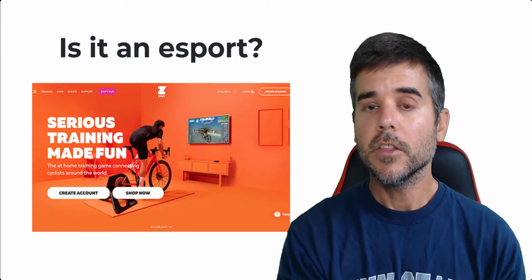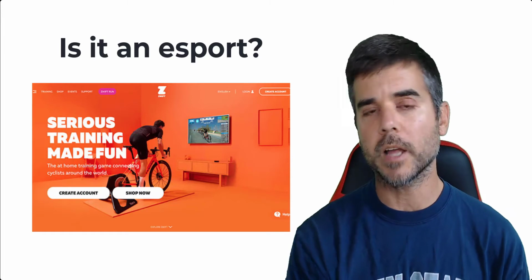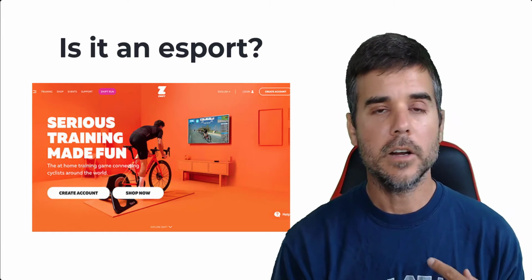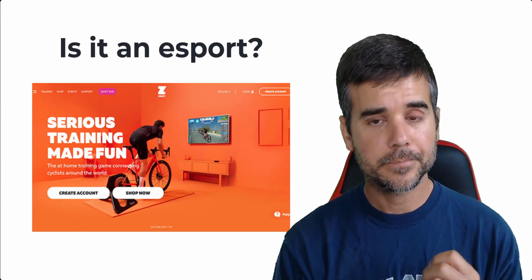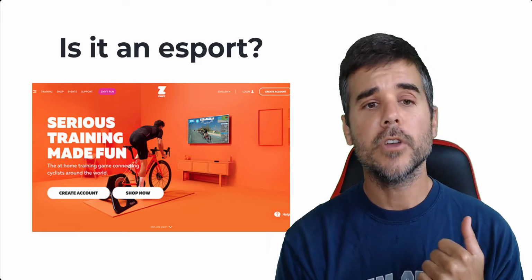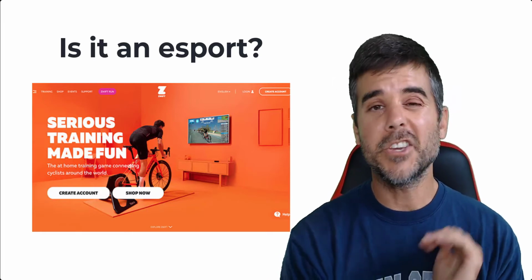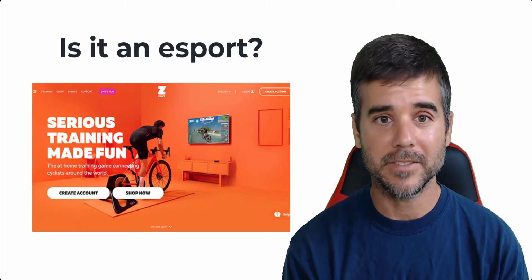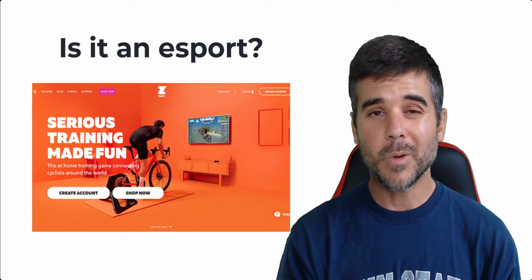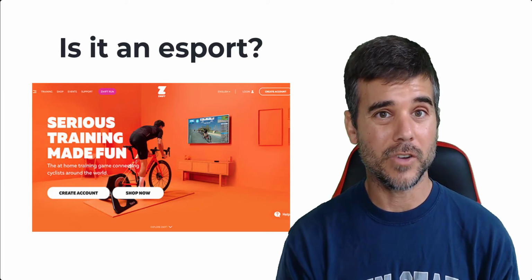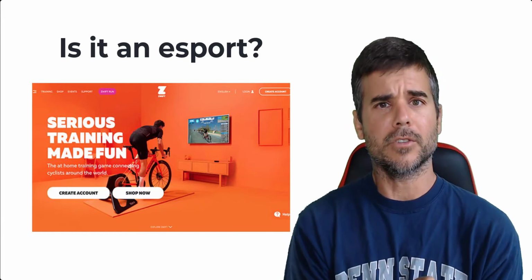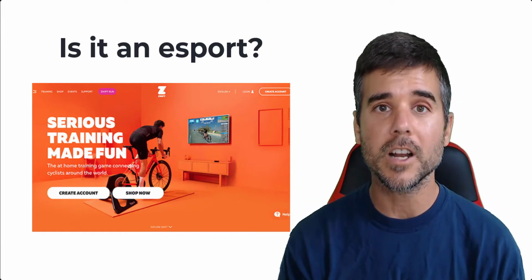Next, we have the PC games like League, Overwatch, Rocket League, Call of Duty, all the big esports games, right? Dota, CSGO. And then we have the console games, like Smash and other things. So this is like a huge level up from all of that stuff, because this not only requires a PC or like an Apple TV to run, it requires you to maybe have like a $1,000 bike trainer and probably an expensive road bike and some equipment for the bike and an Apple or Garmin watch that connects to it.